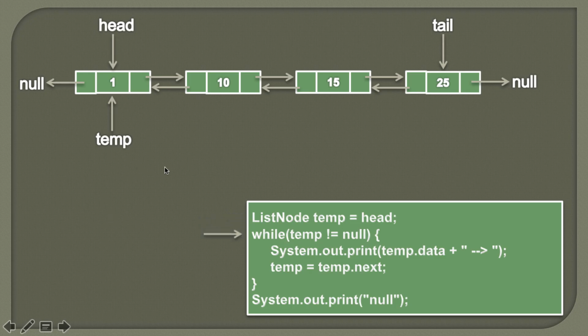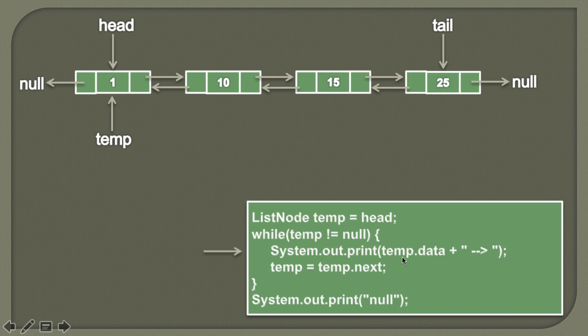So friends, the basic idea behind this algorithm is we have this temporary node. Using this temporary node, we'll visit each and every element of the doubly linked list and we'll print the data on the console. This while loop helps us in traversing the doubly linked list and also printing the data. We'll traverse this temporary list node till it becomes null. Currently, as temp points to the first node and it's not null, the condition in the while loop comes out to be true.